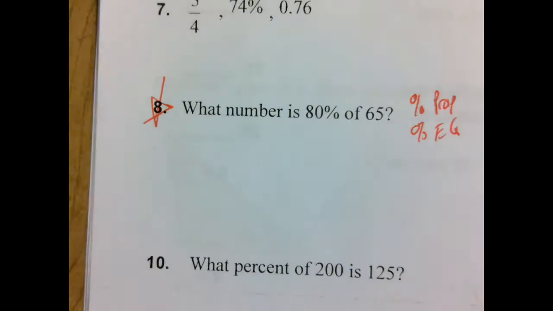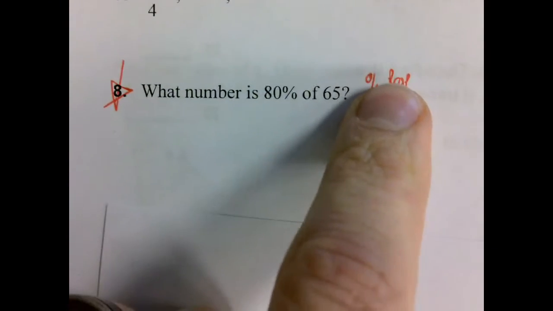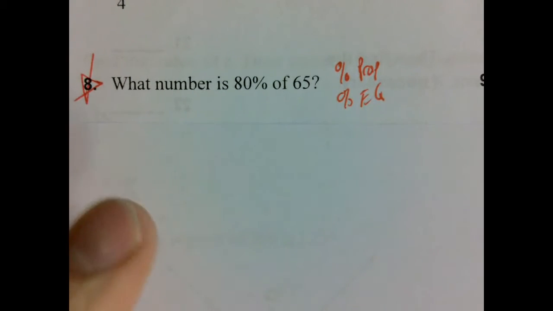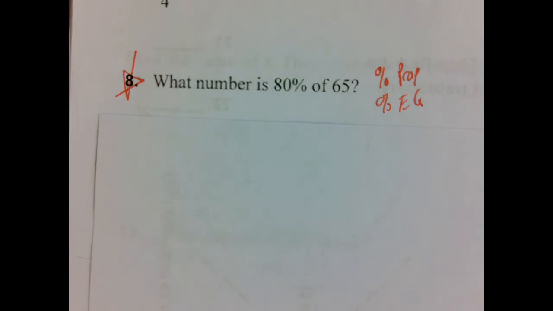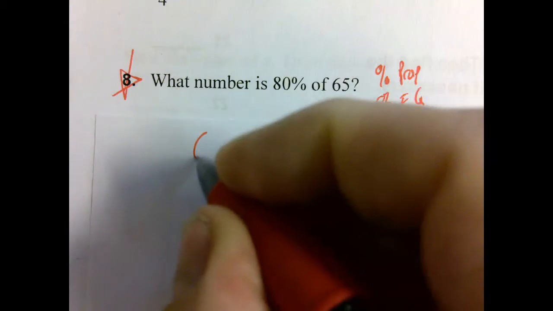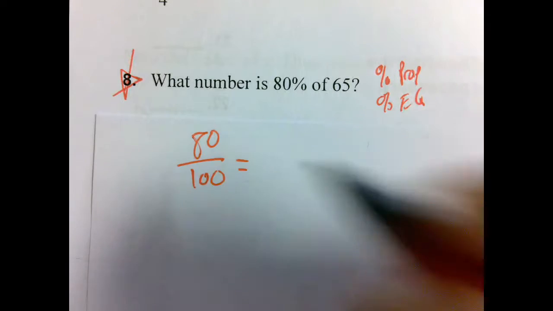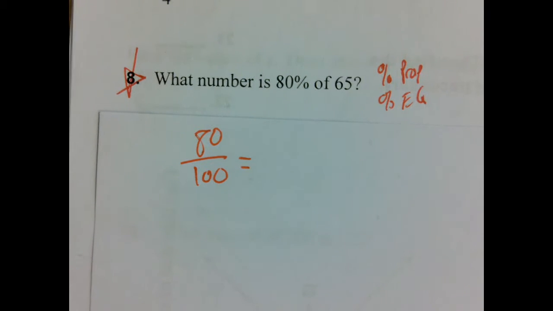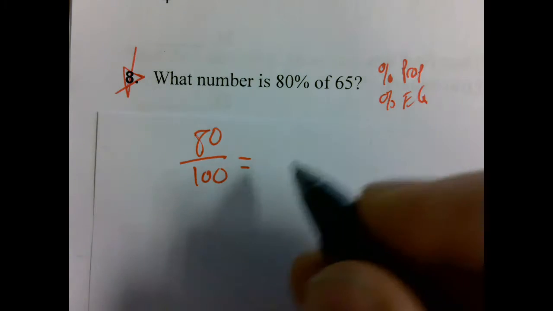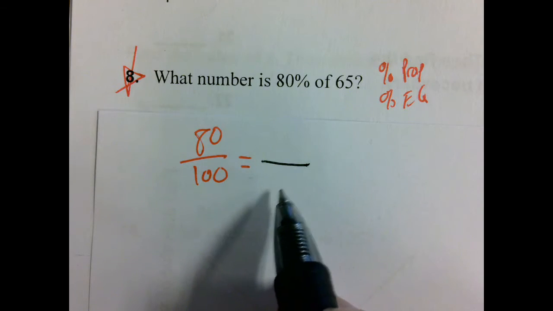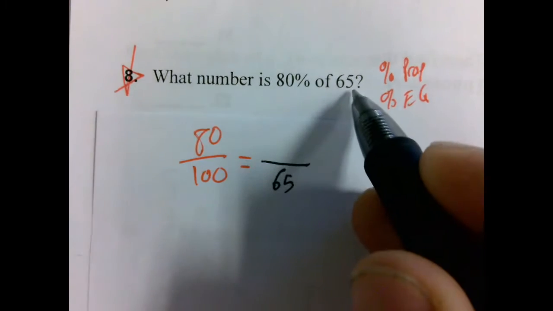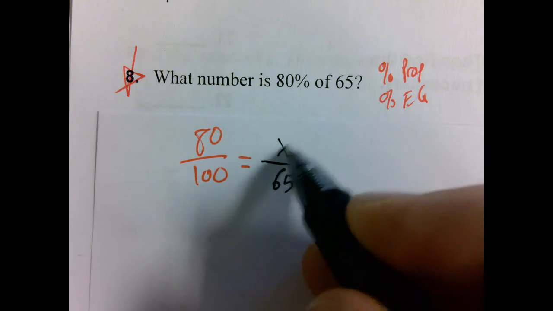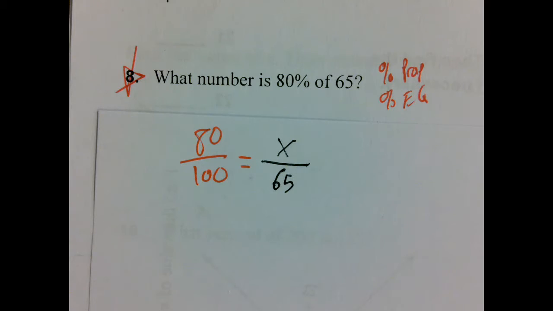So right off the bat, I'm going to use the percent proportion, where percent is always out of 100. So then that means that 80% is 80 out of 100. And that equals, the total goes on the bottom, where our keyword is "of." So since 65 comes after the word "of," that represents the total. Some unknown amount goes on top,